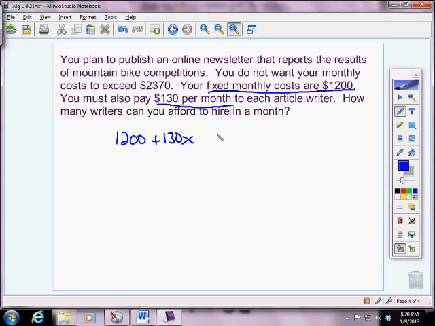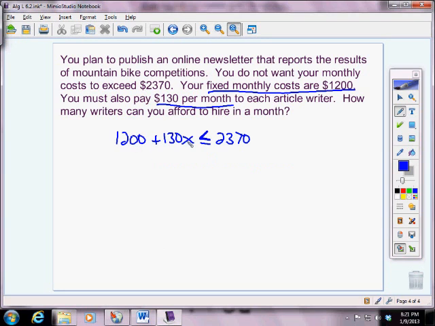Now we do not want it to exceed, so instead of putting a y here, we don't want it to exceed 2,370. What does that mean? Does that mean I want it to be less than 2,370? Greater than 2,370? Or less than or equal to, or greater than or equal to? Well, think about it. If we don't want it to exceed this right here, we want it to be smaller than that. Let me say that again. We don't want our monthly cost to exceed $2,370, but it can be equal to it. So we're going to say it has to be less than or equal to